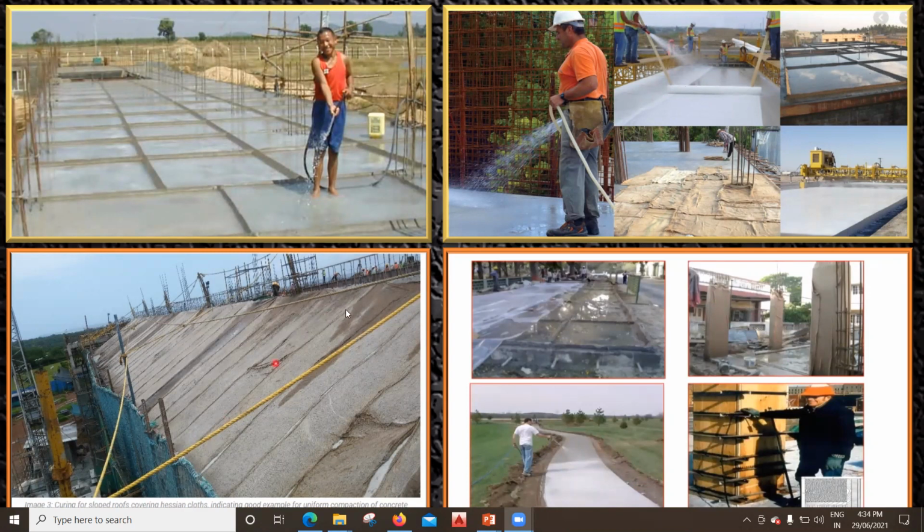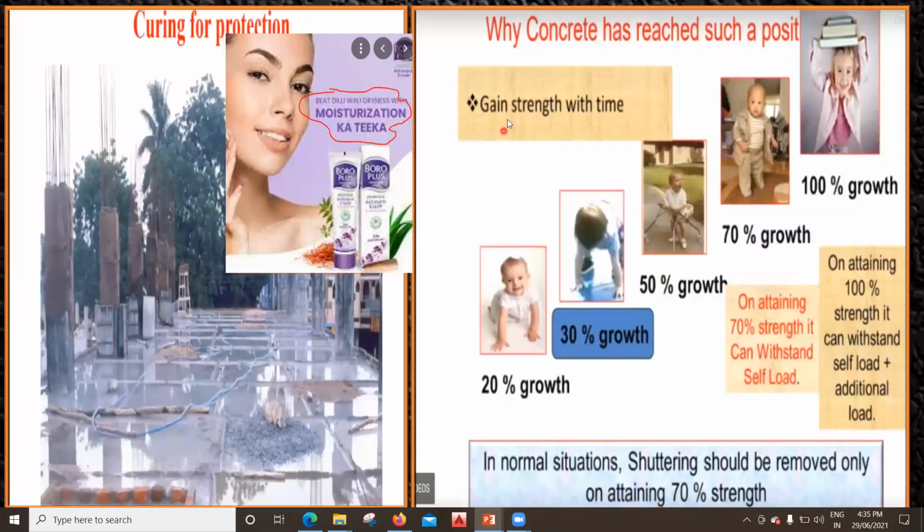And here this is some inclined surface. Here you cannot simply sprinkle the water. If you just sprinkle, the water will flow out of this. So what we have done, we have put some gunny cloth which is called Hessian cloth, right? You can see it written here, Hessian cloth. And then you sprinkle the water, then what will happen? Water will store there for a very long period of time. Yeah, so curing is something like this, isn't it?